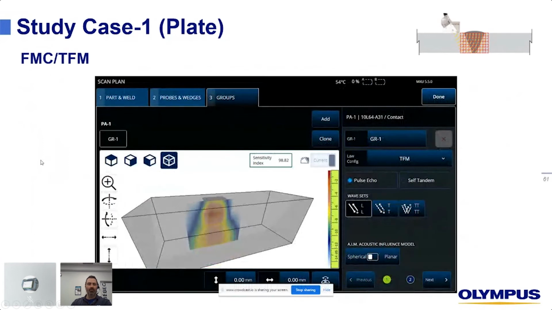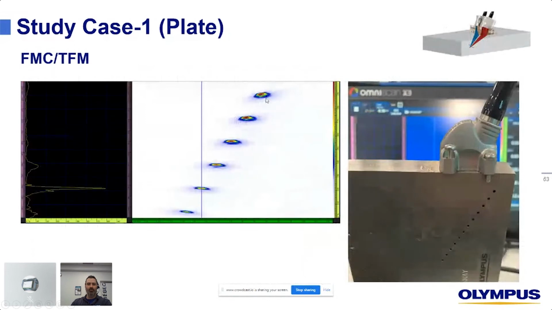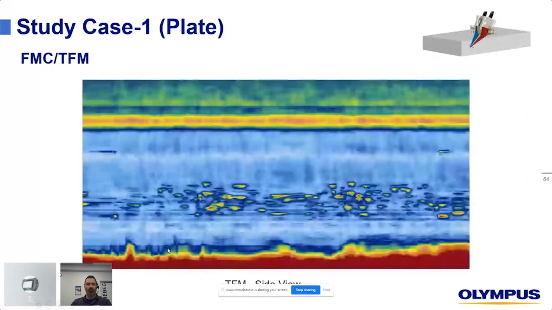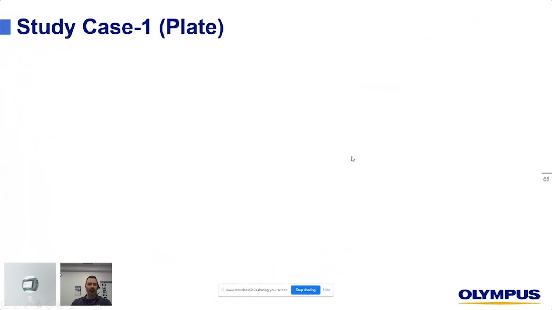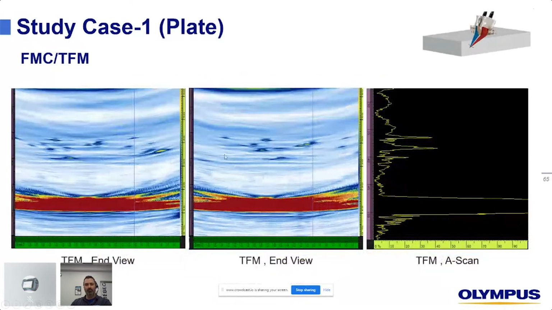Define the zone in the X3. Validation on the same block first. As you can see, the holes are much rounder and much more accurate to the real life flaw than with the phase array previously. It means that when moving on to the part to inspect for HTHA, you get more accurate results as well. Side view, so scanning from left to right, and a TFM end view.